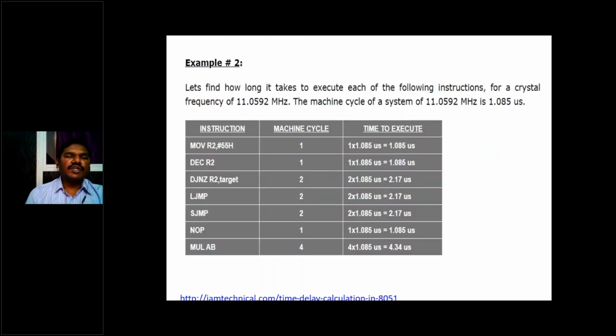For 11.0592, one machine cycle requires 1.085 microseconds. If it is 12 megahertz, then it is exactly 1 microsecond. We will see that again in the future.